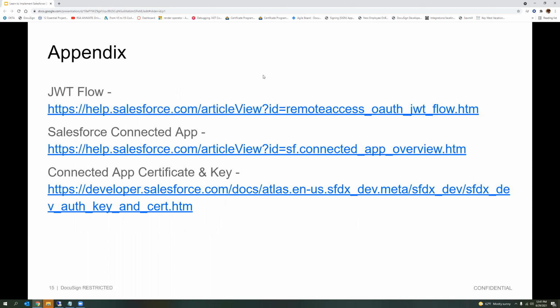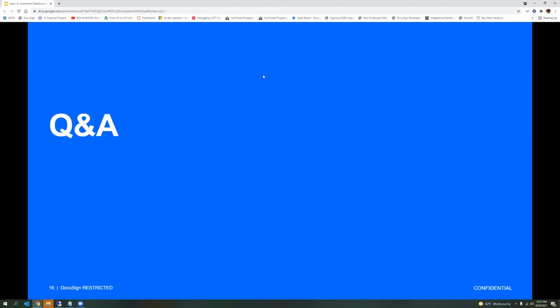This is an appendix we have put together, where you basically have a flow chart in Salesforce, then how to create a Salesforce connected app and connect it to your org. And remember, the same connected app can be used across multiple products as well. And then this is how you can generate an OpenSSL connected app certificate and key. Once these three things are done, all you need to do as a part of your app is create a return URL, and you're all set to use this new flow. That was pretty much what we had for all of you. I hope that was useful, and I think it's over. Back to you, Lauren.